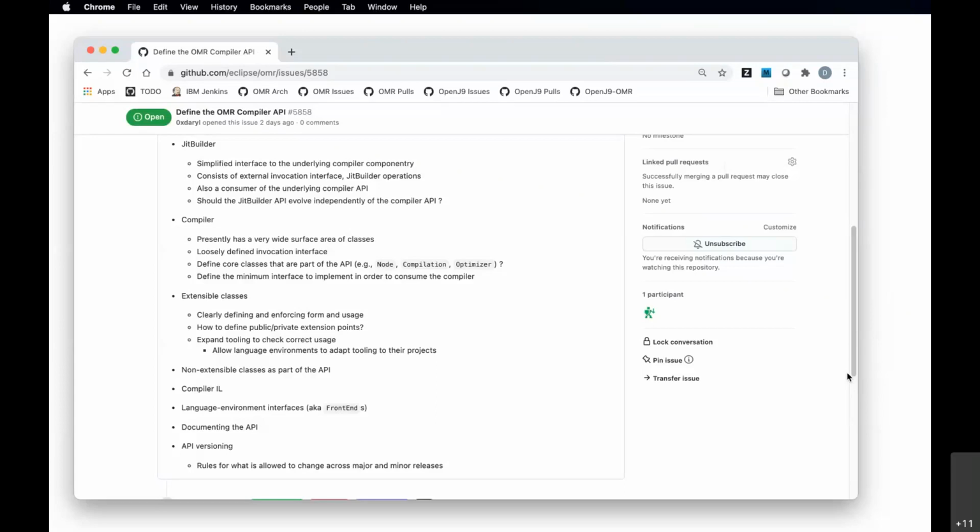Those are good points. On the topic of extensible classes, I did want to mention that we've introduced the notion of extensible classes into the OMR compiler for a variety of reasons.